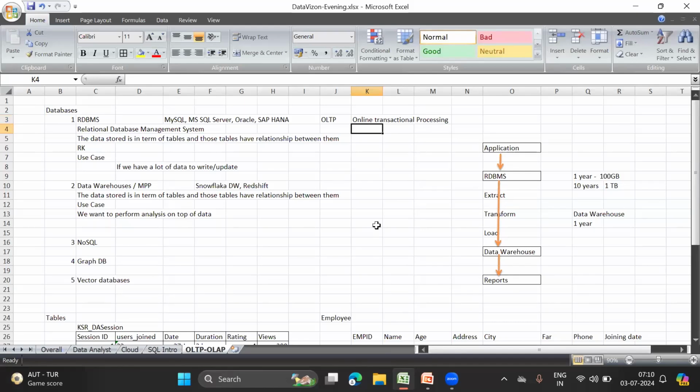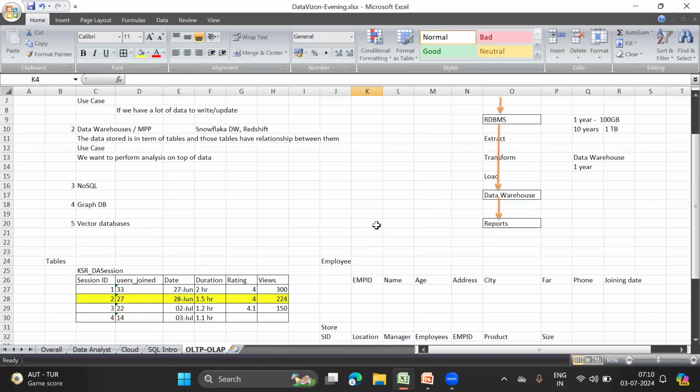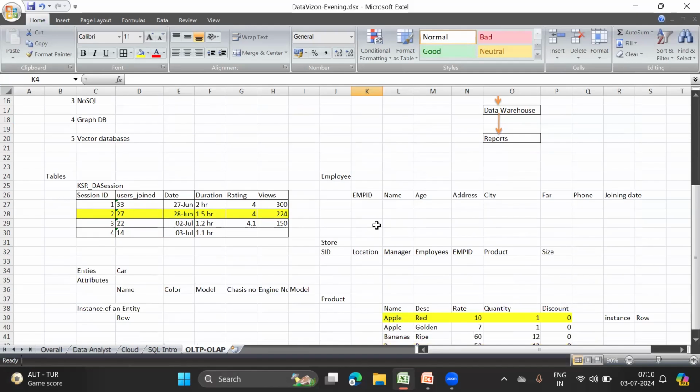What are transactions? I am buying something, I am selling something, I am purchasing something, let's say I'm giving someone money. For example, on Paytm, I give money to a friend, then it is a financial transaction. If I buy some product from the nearby store, then it is also a transaction. It is a sales transaction, for example. Or there are different types of transactions which we have.